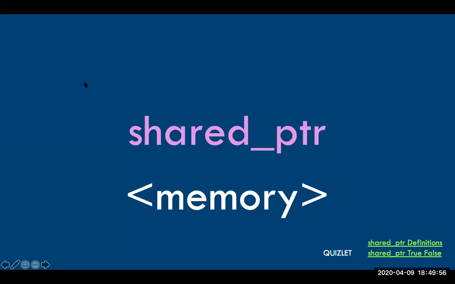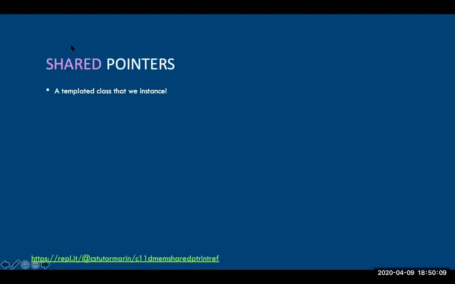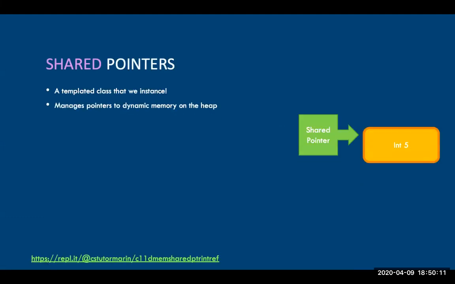Now, we could redefine it and say, hey, when we move it over to the grid, we want to pull it out of the pieces array. And then in that case, we'll use a unique pointer. But we're going to follow the shared pointer model just going forward. So let's take a look at the syntax. It's all of the same stuff really that we saw with unique pointer, except that